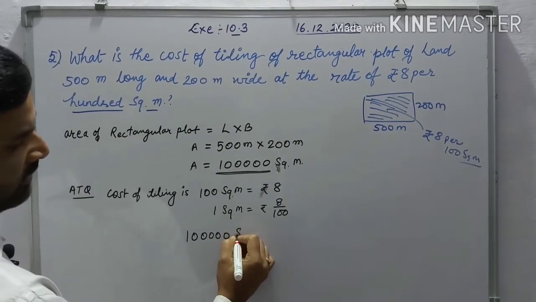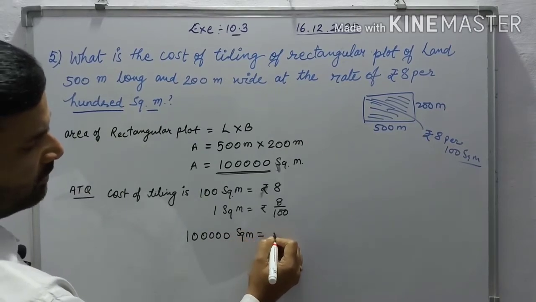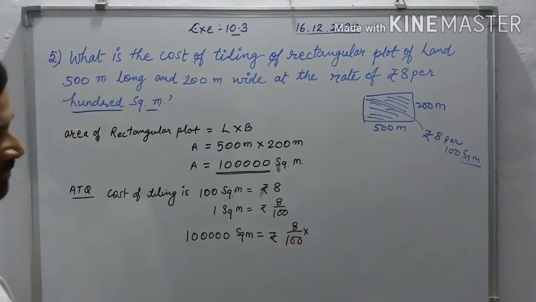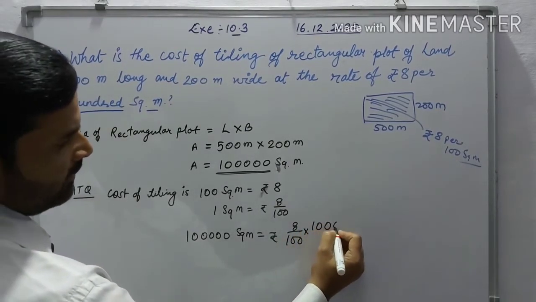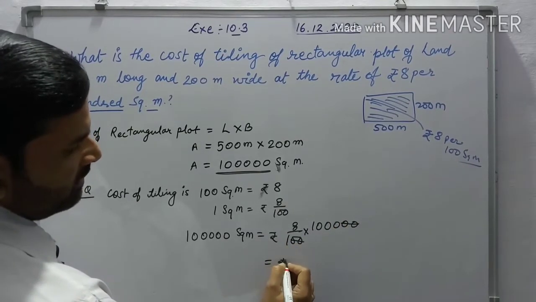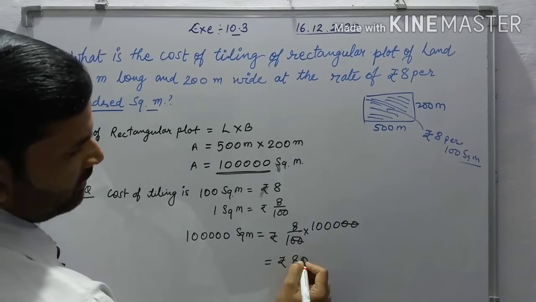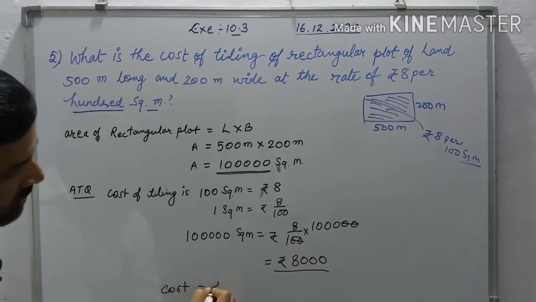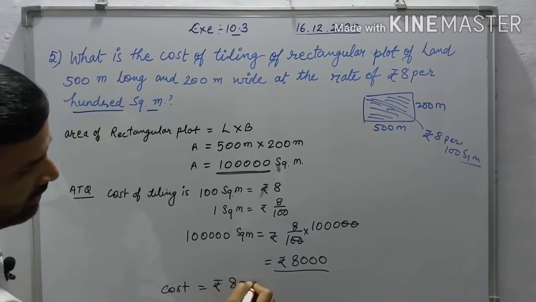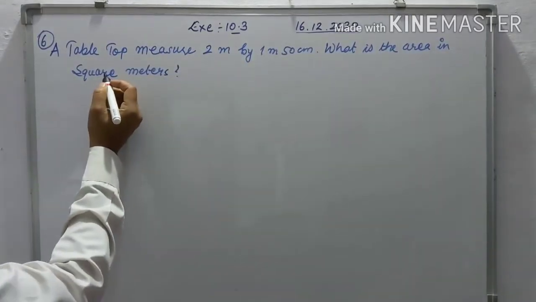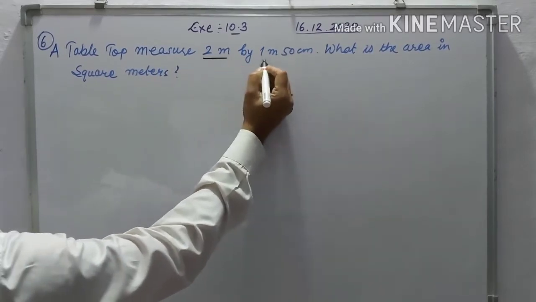1 lakh square meter, the rate is 8 upon 100 into 1 lakh. 100 and 1 lakh cancel. After multiplication, the rate is 8,000, which means the answer is, the cost is rupees 8,000. Number 6: the tabletop measuring 2 meter by 1 meter